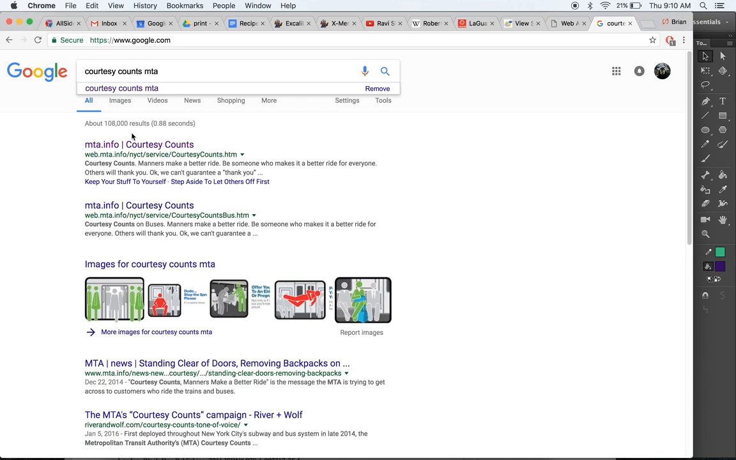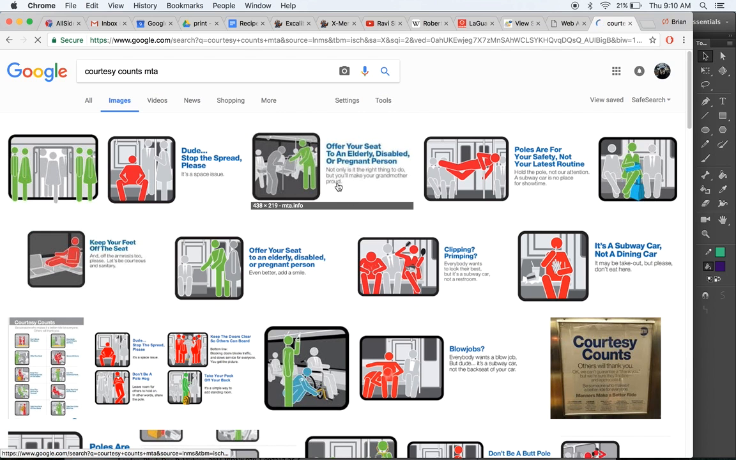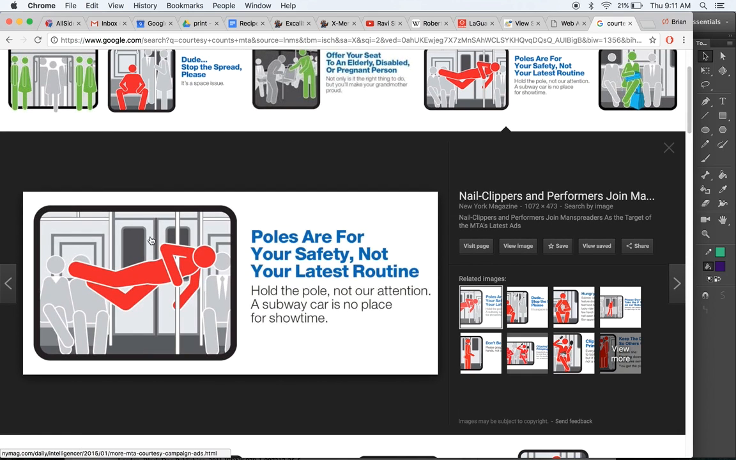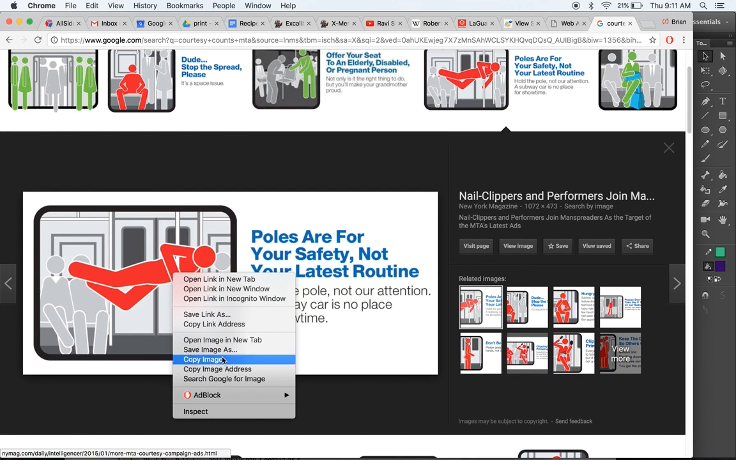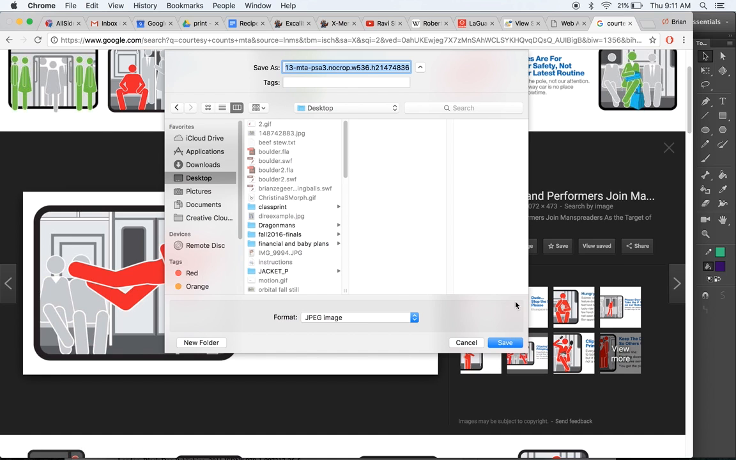MTA, and then you see there are all these images here. Keep your feet off the seat, this kind of thing. So I'll just get the showtime warning, download it to wherever, the desktop,